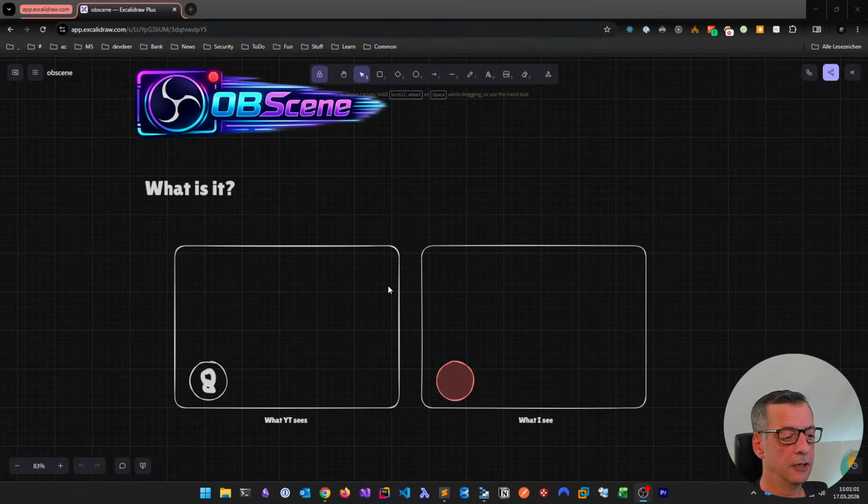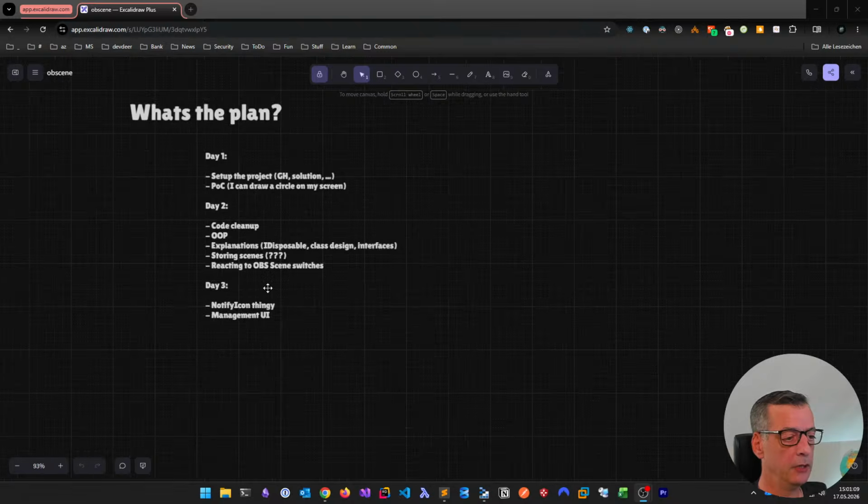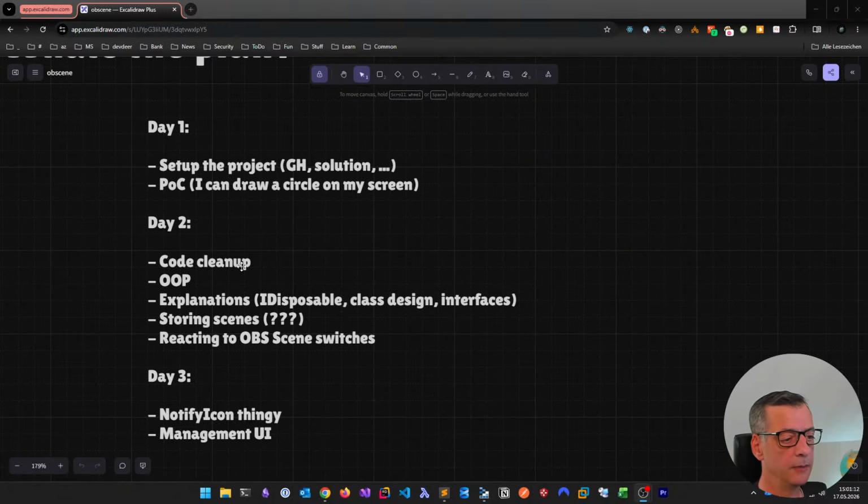So what's going on? I had this explained the last time, so I changed some stuff here, which means we today want to look into cleaning up the source code a little bit. Also, object-oriented programming comes into play, so we think about how we can make this happening. Explanations will go in, like IDisposable, we will use that, and we already saw that, even if you guys didn't see that correctly. Let's see, so we have class design to talk about, maybe storing and loading the scenes,